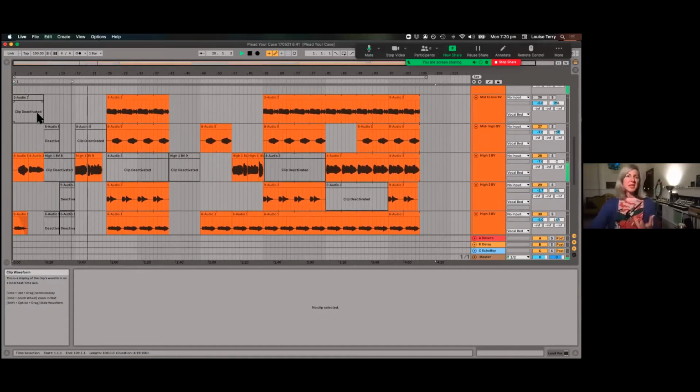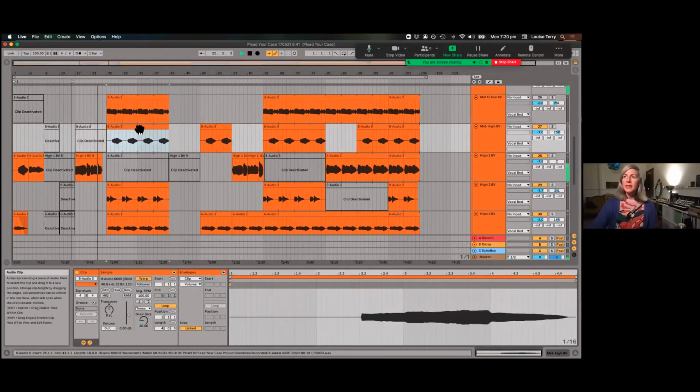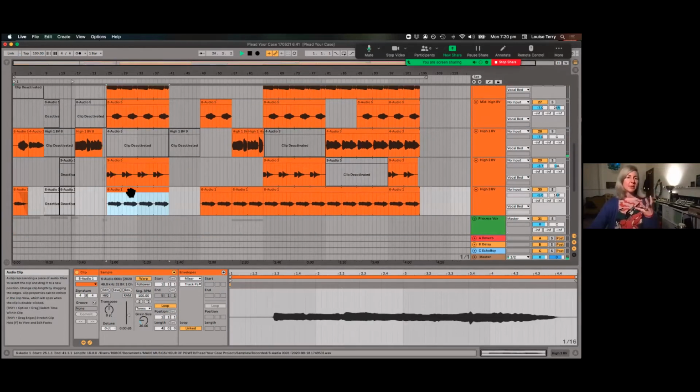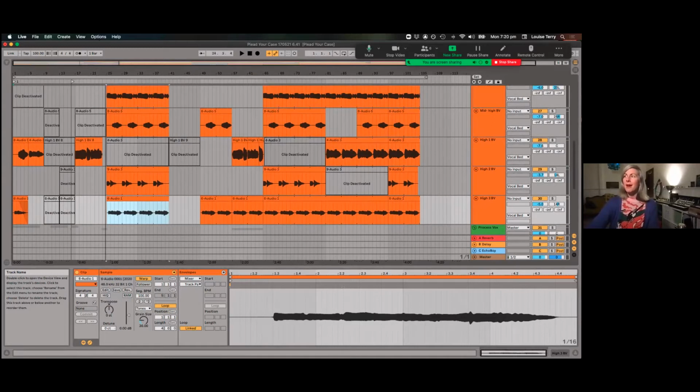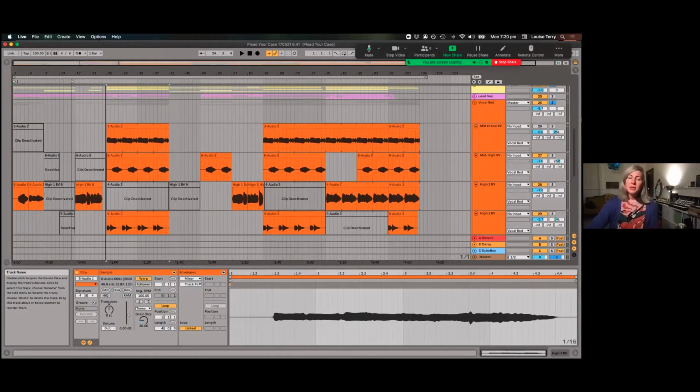So these were pretty chunky takes. Some of them I've actually looped as well over here, so that they're repeating exactly where I want them to. But something that I do, you can see I've named them as well. I've got High 3 BB, High 2 BB, High 1 BB, Mid High BB, Mid to Low BB,